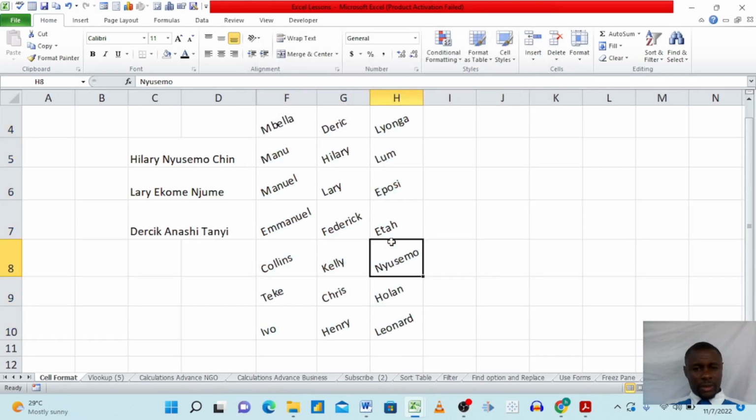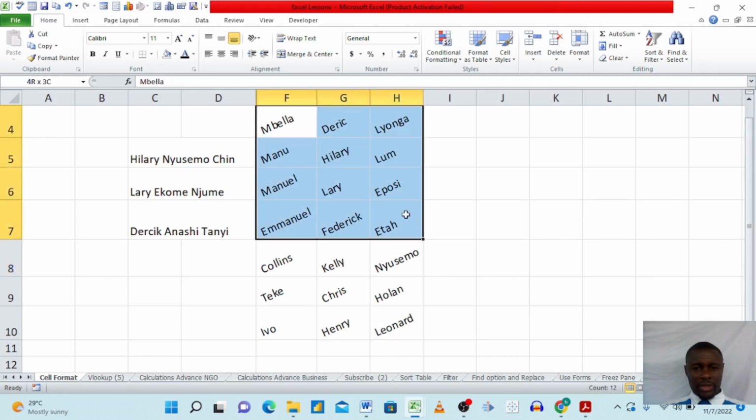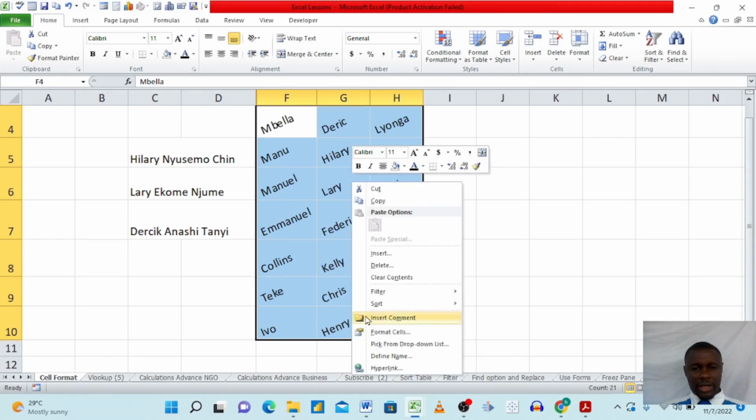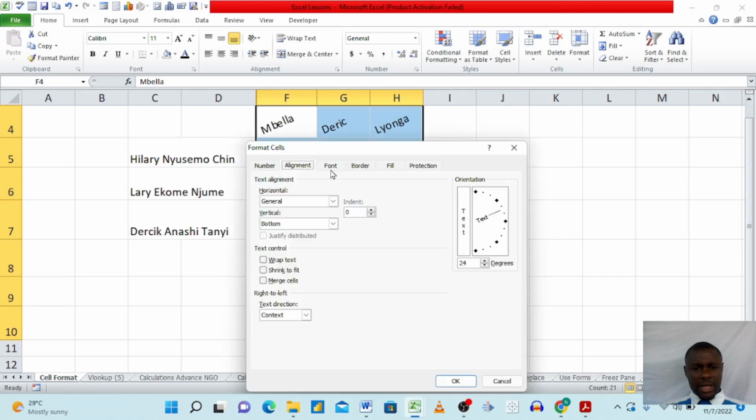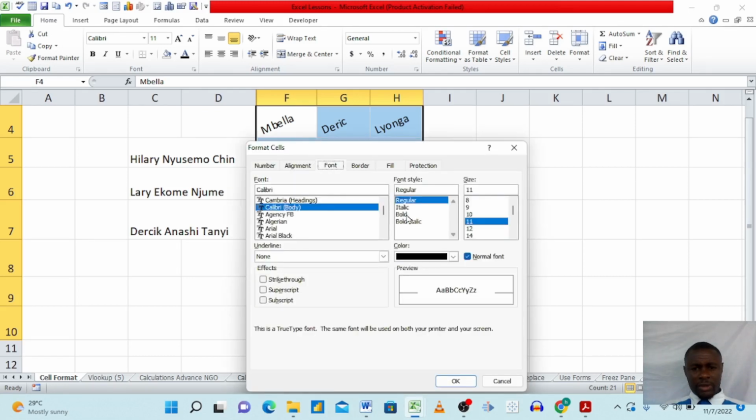You see, it has changed the other way around. So this is just how you can manipulate your data on your Excel sheet, depending on the kind of design you want to create. If I right click again and go to cell formatting, and I now come to font. Font here simply means you want to change it, you want to bold it, put it bold and italic,